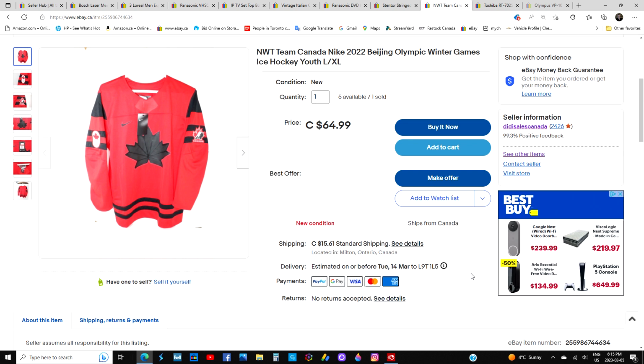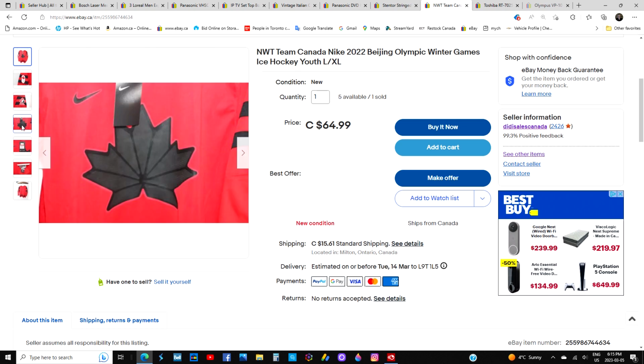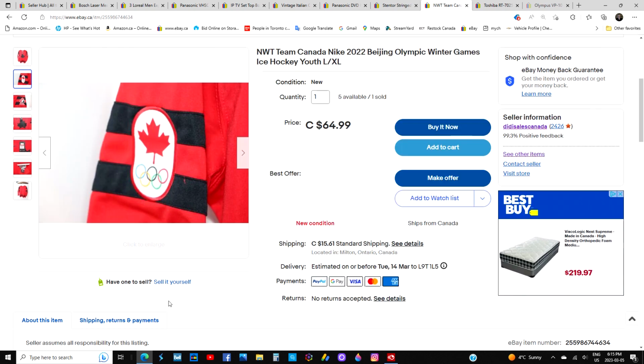This is a youth, large, and XL. All tags on. Very, very nice. And I should do really, really well. As soon as I sell the next one, they're already paid for. Actually, the first one I sold for $69.99. That's what I had them listed at, and I just dropped the price $5. So my cost is $20. Fees for this item were $9.73. So total profit on this item is...